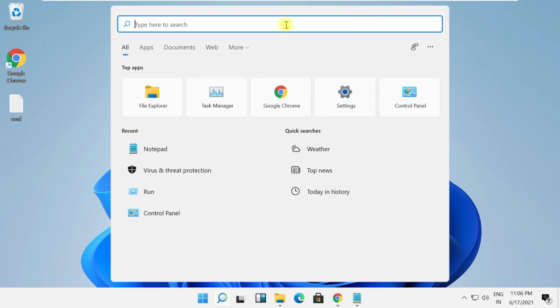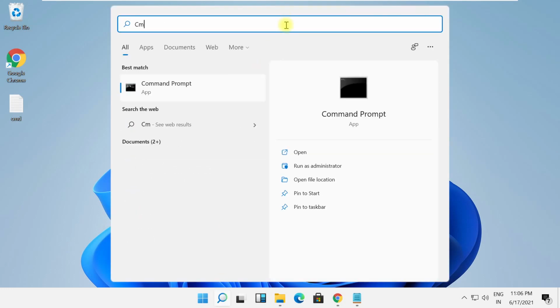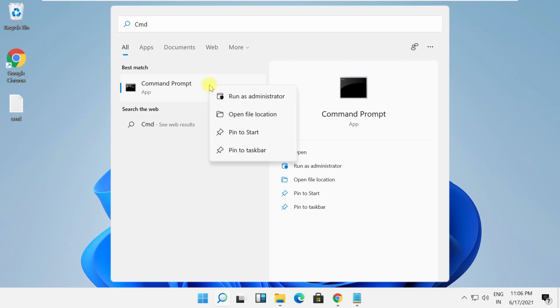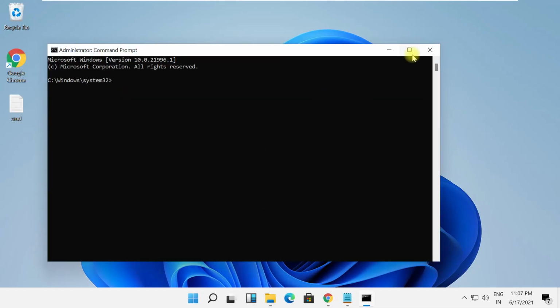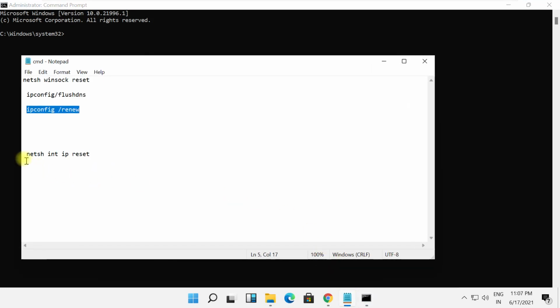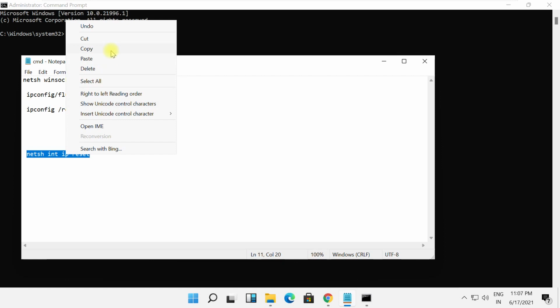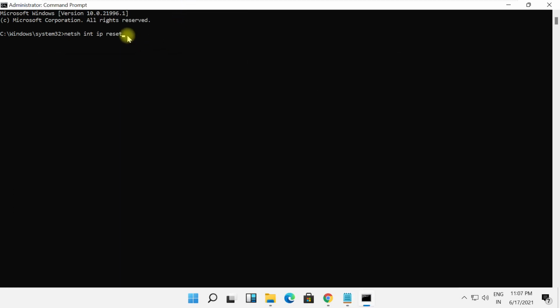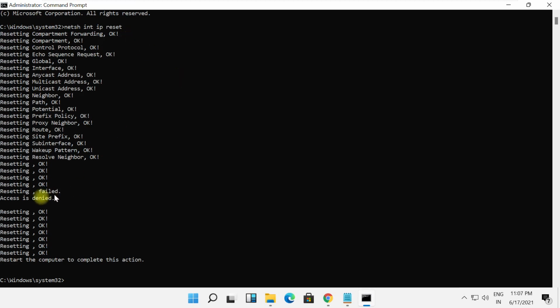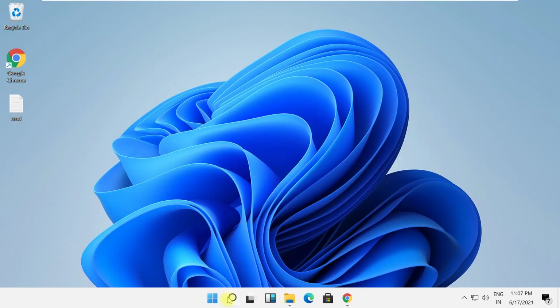Now again go to search bar and type CMD, right click here and run as administrator. Select yes. On this window you need to type netsh int ip reset. Hit enter and then if you get access is denied, then close this window, then go to search bar